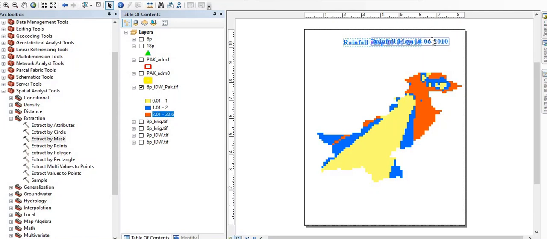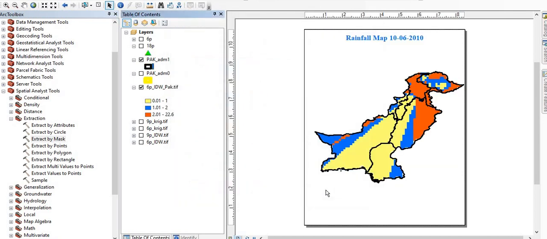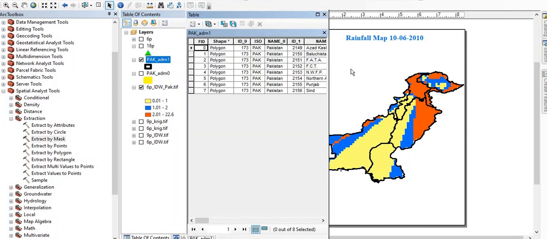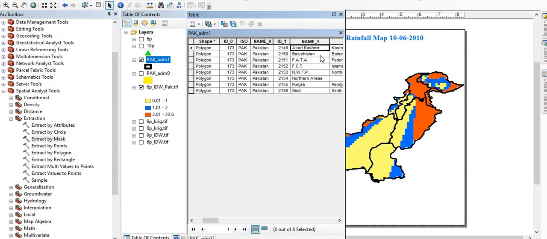So you can adjust it here, you can adjust it in the center, and now you can locate the provinces, but its color should be changed. Like I'm going to use a distinct color with more thickness, like this one. So you can also check the names. Azad Kashmir, it is okay. Balochistan, spelling, you can change its spelling if you want.